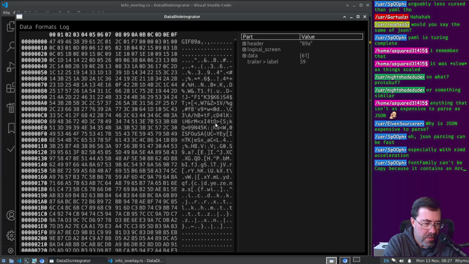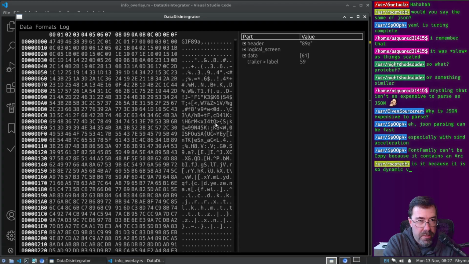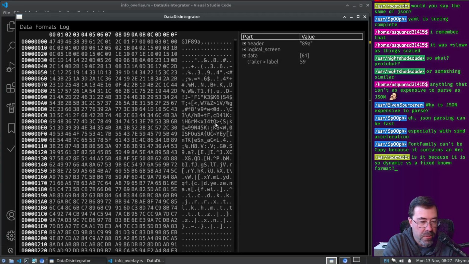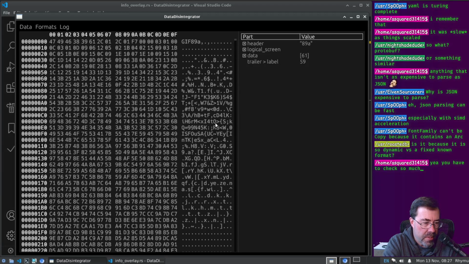I don't believe it. Because you don't know how long a string is until you've actually parsed every single character of it. There's no prefix that tells you how long the string is. So you're forced to parse it in order, the entire file. You can't jump around. Is it because it's so dynamic versus a fixed known format? I think, yeah, that's my intuition, is that it would be slower because it is dynamic. You have to check so much, yeah. Spoof seems to think that it can be fast with SIMD acceleration, though. But then again,